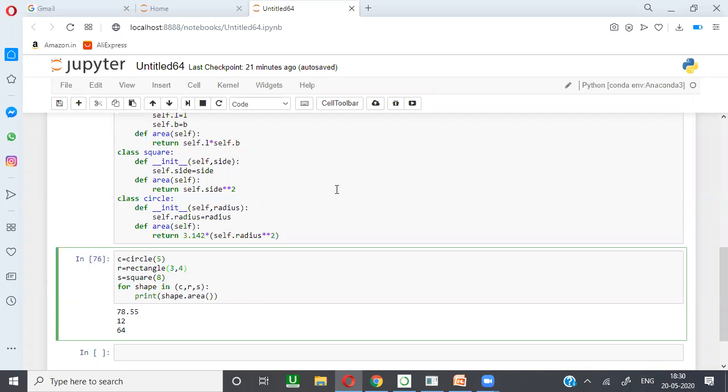So the polymorphism definition is one object with multiple forms. By default, operators like plus all come under polymorphism only. Len is one type of method that works for polymorphism. Like that, we designed our own method called area. This area method is ready to work with circle, rectangle, and square. Based on the object you pass, it will work. Okay, so this is about polymorphism. Any doubts? If you mention them here, I will clarify, and then we go for the next concept.